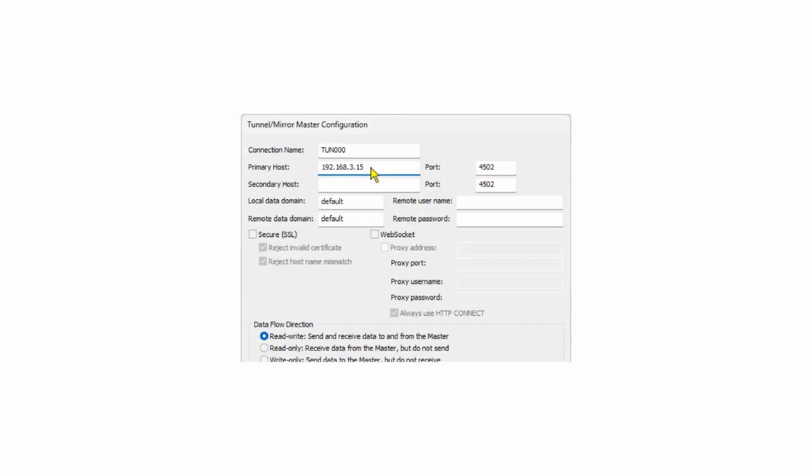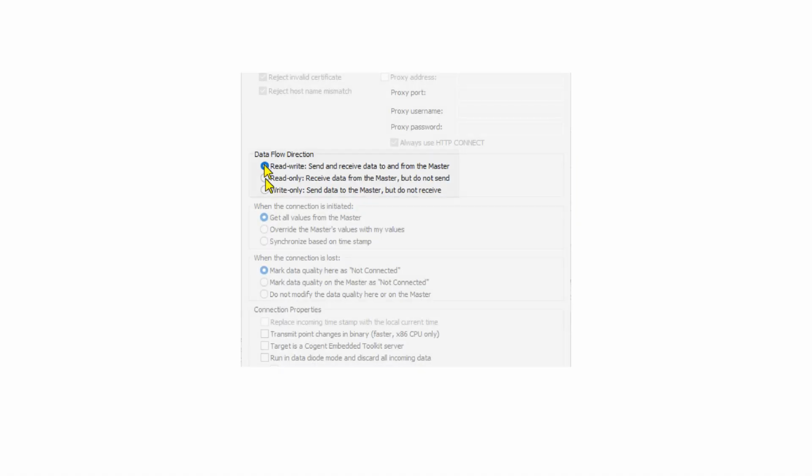Enter the IP address or computer name for the primary host, the tunnel master, which is the DMZ computer where the second DataHub instance is running. Enter the first part of your MQTT topic name for the local data domain, as well as for the remote data domain. Enter the username and password for the networked user that you created on the master. For the data flow direction, choose Read-Write to receive and send data, or Read-Only to just receive data coming from